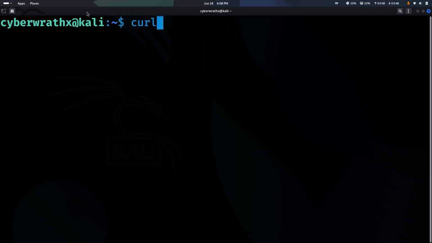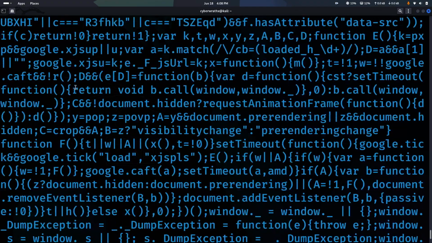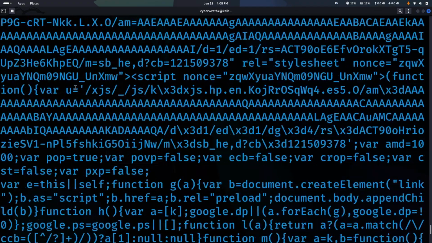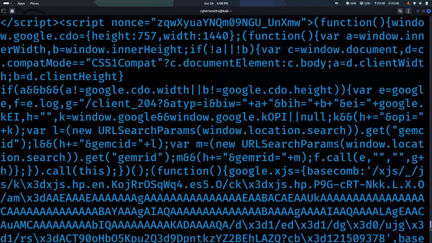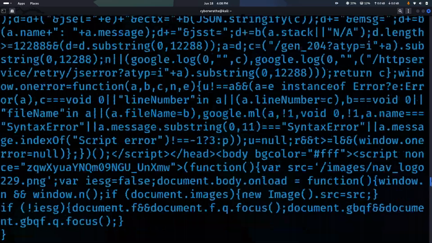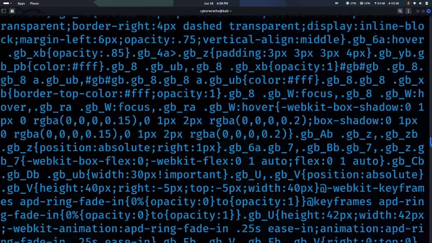Let's start with a simple example. Type curl https://example.com. When you run this command, curl sends a request to the website. The server responds with the data, and curl displays that response directly inside your terminal. Instead of seeing the web page visually with fonts and pictures, you are seeing the raw HTML source code written